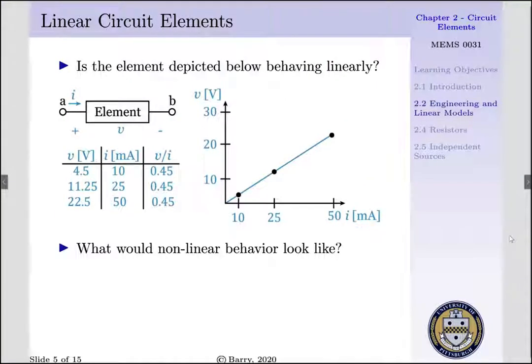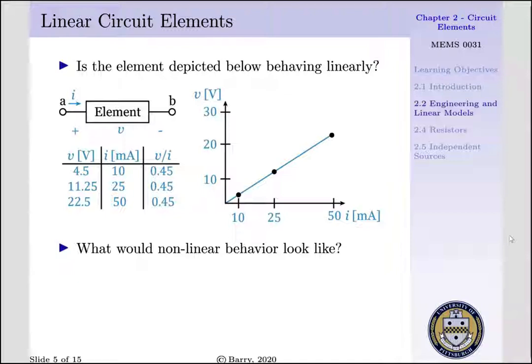Now, let us look at linear circuit elements. Say we have an element where we have a voltage potential V across and a current I running through, and we want to determine if our element is behaving linearly. Say we have a voltage potential of 4.5 volts, and this draws 10 milliamps through it. Then if we increase our voltage potential to 11.25 volts, we see we draw 25 milliamps through it. Lastly, if we increase our voltage potential to 22.5 volts, we see that we draw 50 milliamps through it,